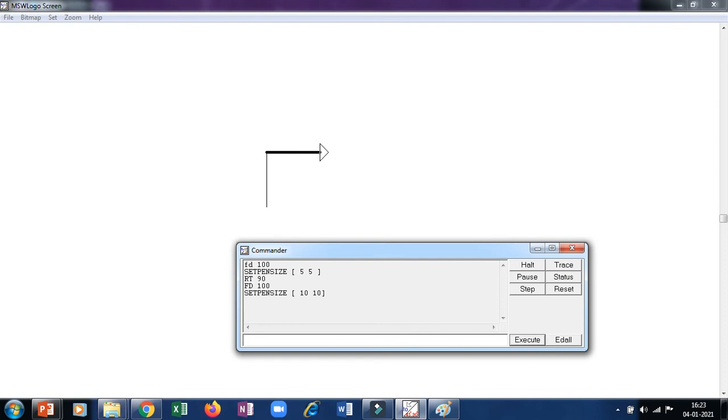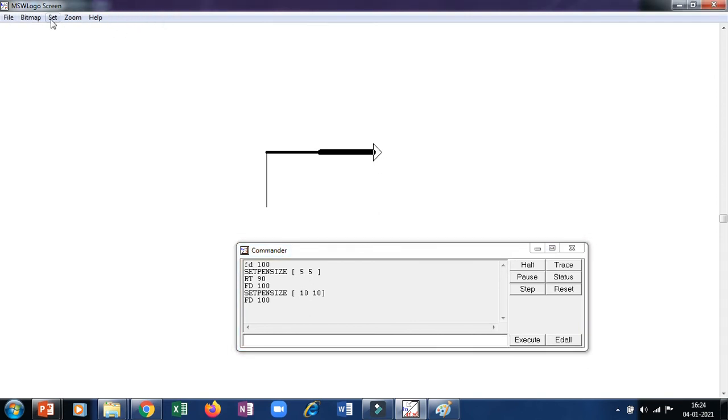Now let us move the turtle, move forward 100. So you can see the thickness, you can find out the difference between the thickness. Here this size is the normal one, first one, and then this is the 5 thickness, and this is the 10. Okay, so I have given 10. Now we can change the thickness from here, from the menu bar. This is your menu bar, that is below the title bar.